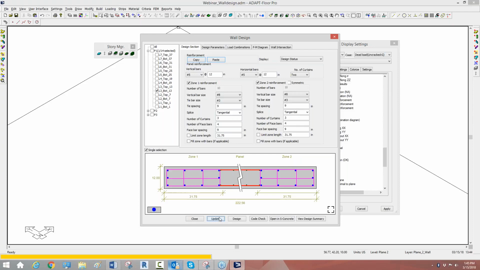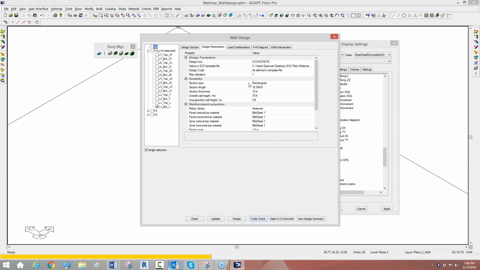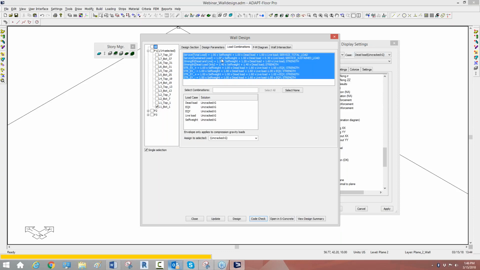So we have two modes of operation. It's similar to column design. You can either code check or you can design the walls. So for example, I'll just do the very base section for this wall stack. Again, you want to make sure you define your wall parameters or your design parameters, your load combinations. This is the setting for whichever load combinations you're wanting to process. And if you have multiple